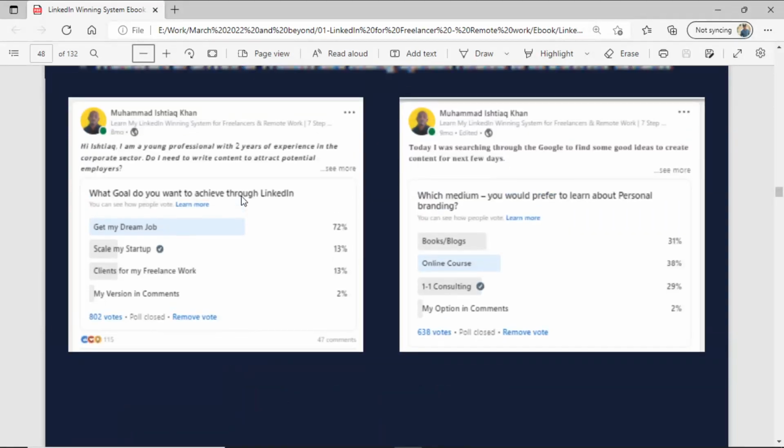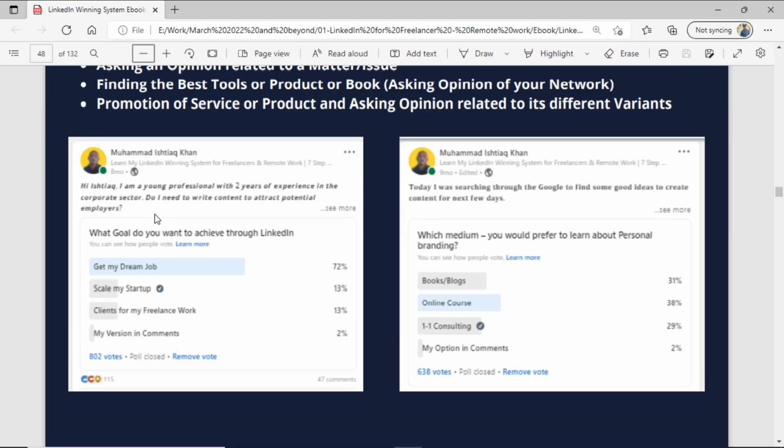Now, one of the other things that I want to share is what goal do you want to achieve through LinkedIn? I listed four options. Then at the start, I shared a personalized story also related to that poll question. Which medium would you prefer to learn about personal branding? I used four options, and both options can be used with an open option also. Like